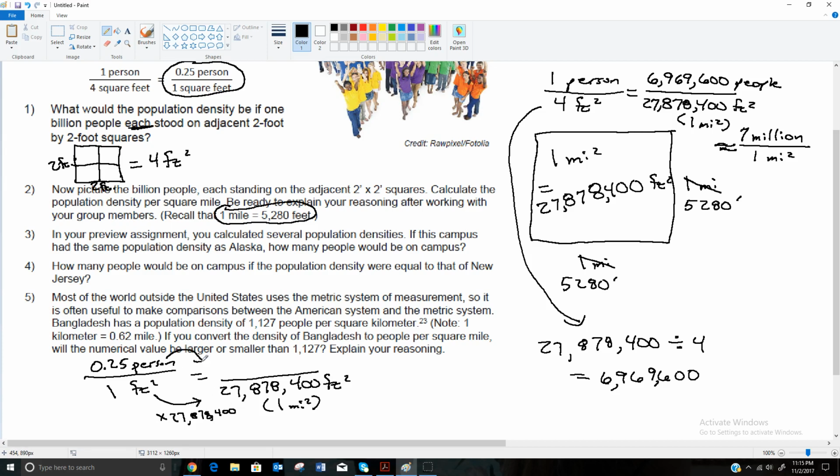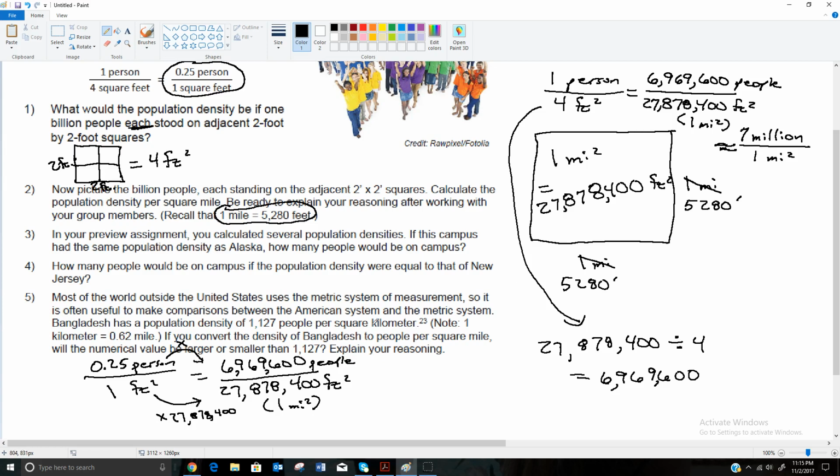We have to do the same thing here. So we have to multiply by that number again. So 0.25 times 27,878,400 again gets you that 6,969,600 number,